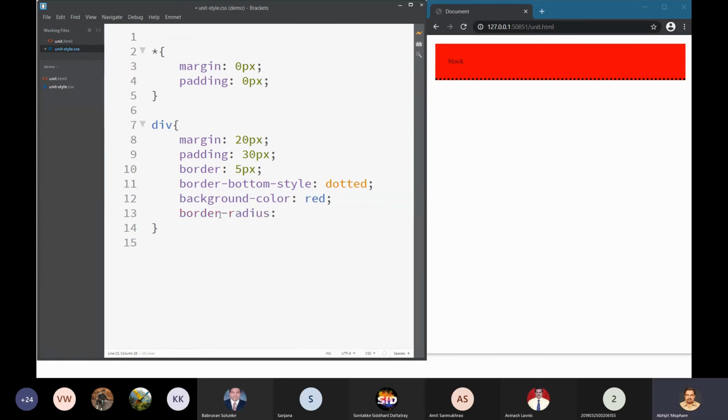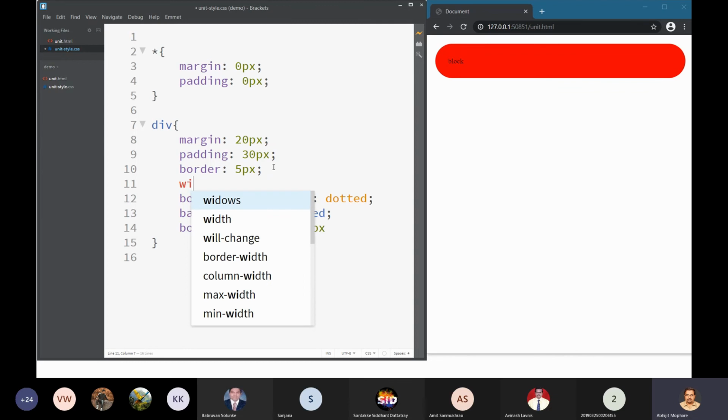If I take it as 20 pixels, see what happens. If I give 1000 pixels, that means it is very high. See what happens. It has become totally circular, and if I want it as a circle, then I have to change its width and height. Normally only the width will be sufficient, because the height is taken automatically most of the time.